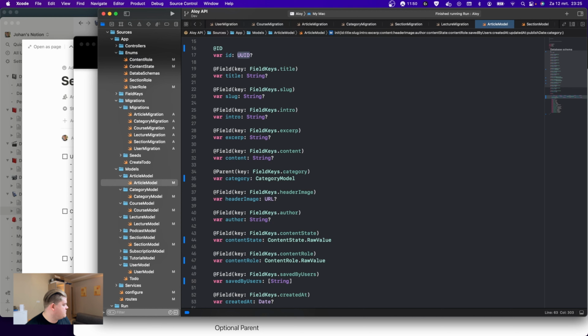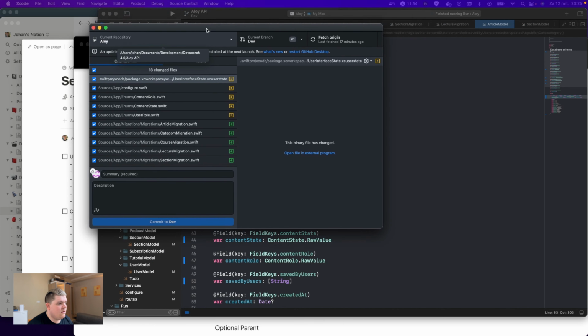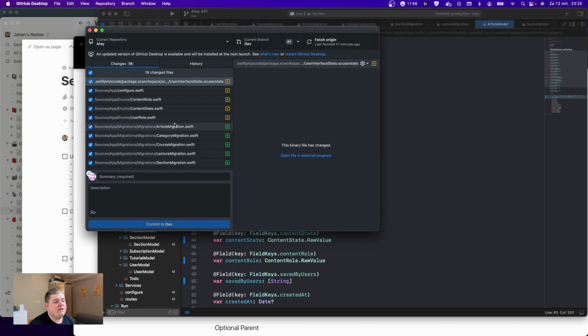Okay, so the first thing we're gonna do, I'm gonna grab my GitHub desktop. That's here. I like to work with the UI when I work with Git. I know how to work with Terminal as well, but I actually like to see what I've changed or what I've done. So what we did here, this is a summary. We added new models, new migrations, and updated